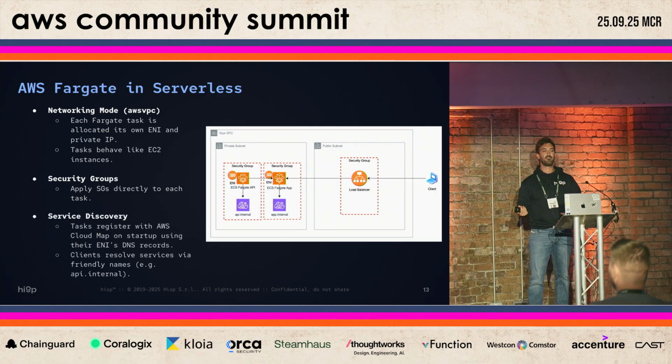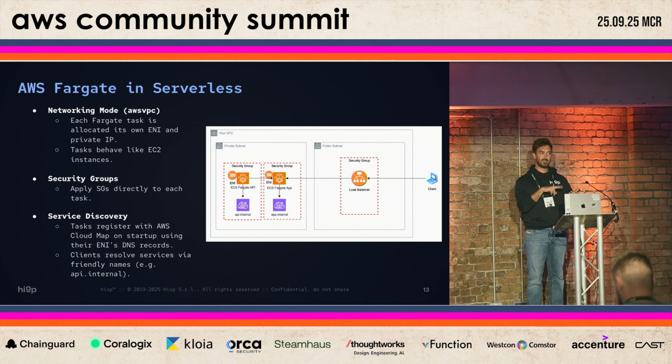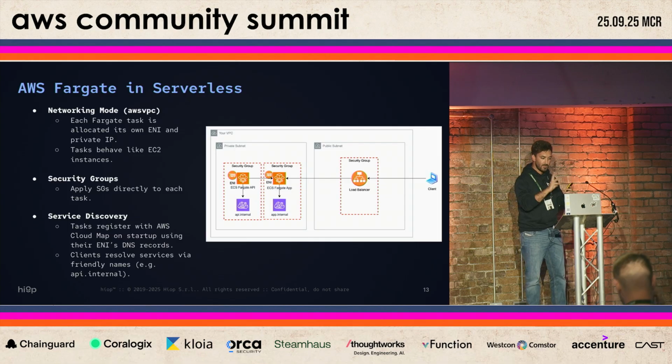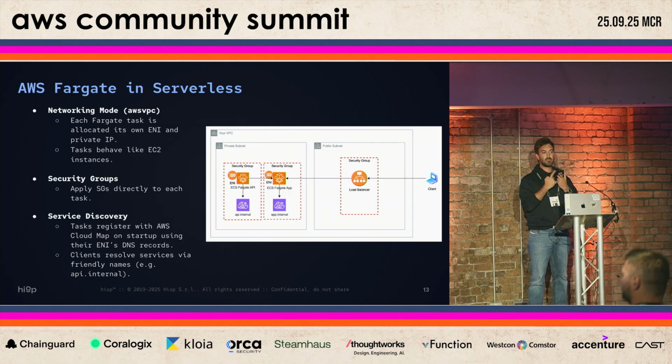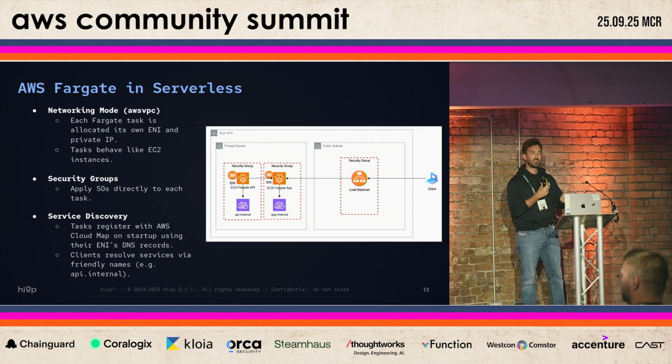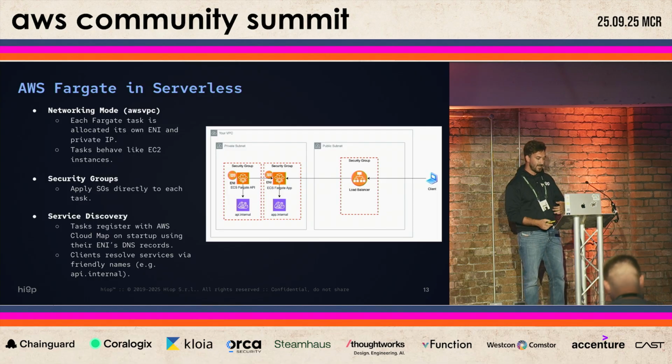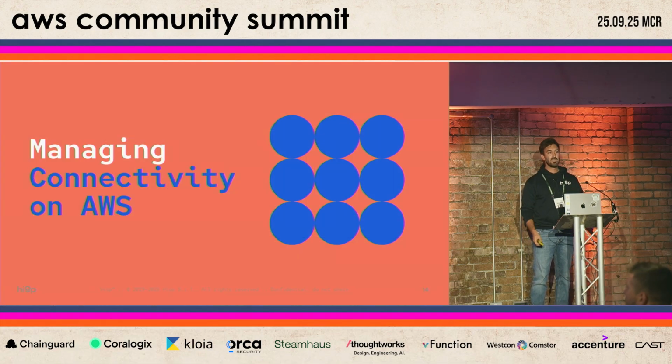And also you can use service discovery in combination with the Cloud Map service in order to give specific names to your services and tasks. So in this example, you can see API.internal and app.internal. And you can use this private DNS in order to communicate easily and also to distribute your Fargate services across multiple instances, multiple tasks, if you need redundancy, for example, by using a specific DNS.